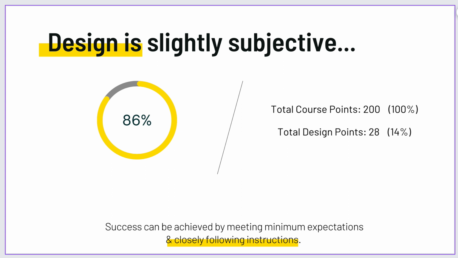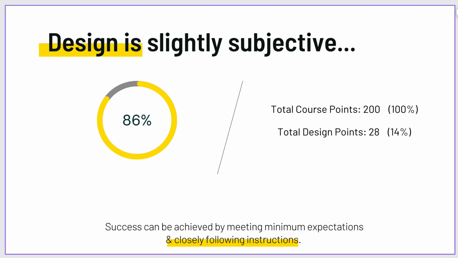Let me also tell you this, though. In the 17 semesters or so that I have taught this course, I have never given 0 design points to someone who has turned in an assignment, okay? The only way you get a 0 on your design points is if you turn in no assignment, okay? If you don't turn in anything, of course, you'll earn a 0. But if you turn in something, I will do my best to give you the points that you have earned,